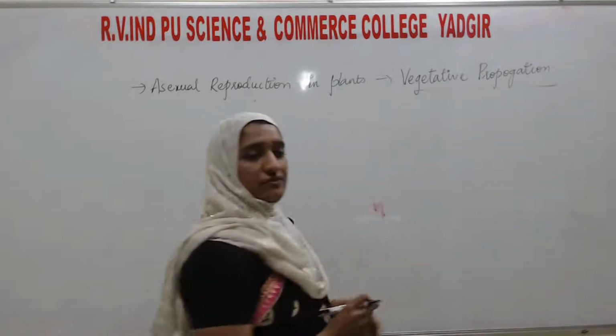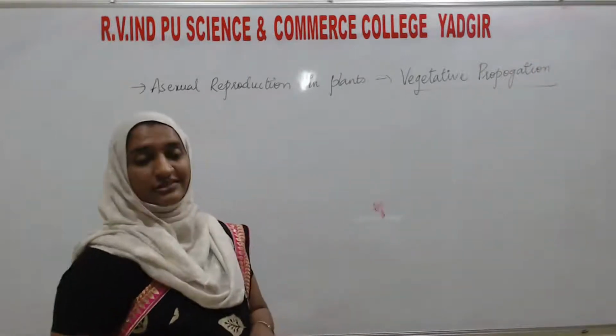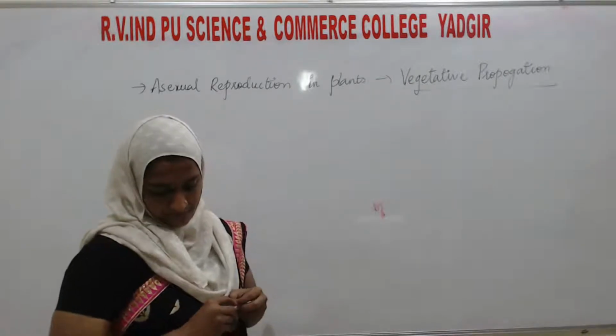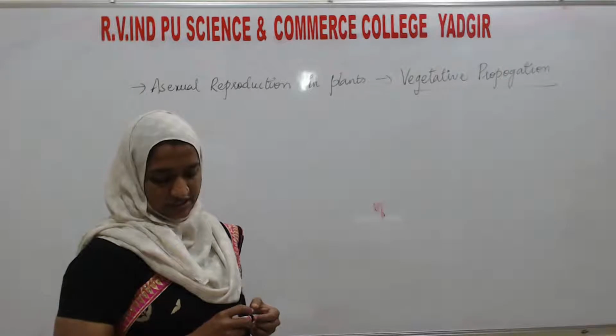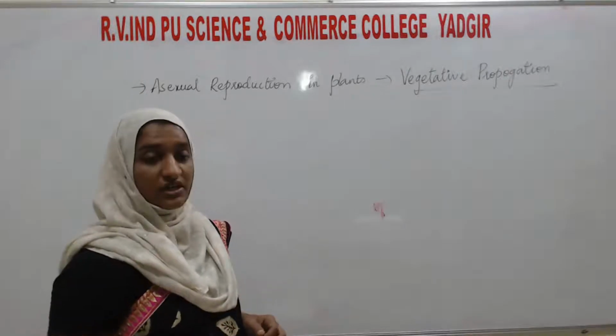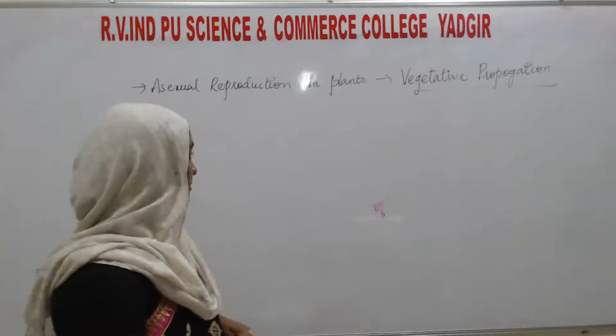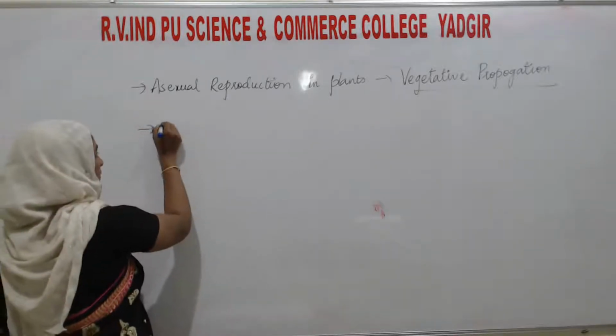Here, vegetative propagation means asexual reproduction in plants. See, in plants they have given vegetative propagation. The units of vegetative propagation,